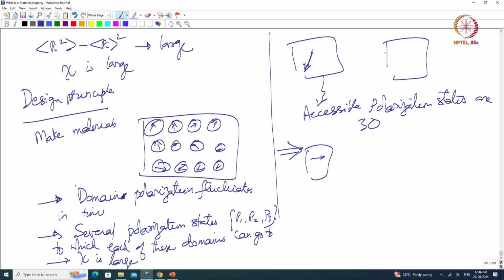How easy is it for polarization to go from here to here, let us put it that way. Now, if the material has access to multiple polarization states, it can start going from one polarization state, second polarization state, third polarization state, and eventually the electric field will dictate that the polarization follows the electric field. That is the average polarization. So, average polarization follows the electric field